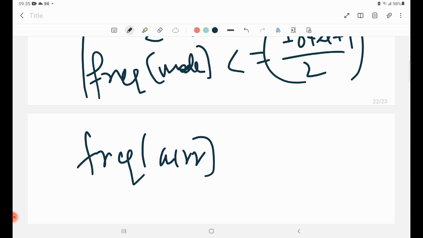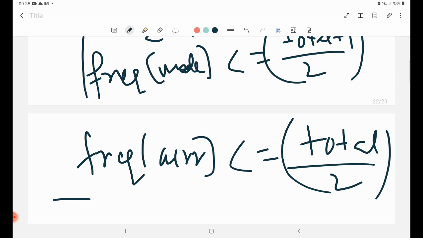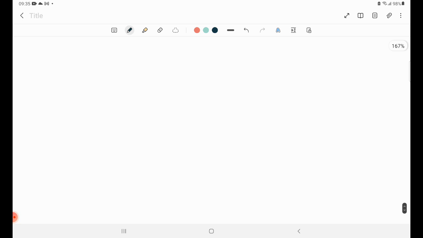So we can also check that frequency of current is less than equal to total upon 2, right? So those are the two conditions. So let's now look at the implementation. So in the int main,